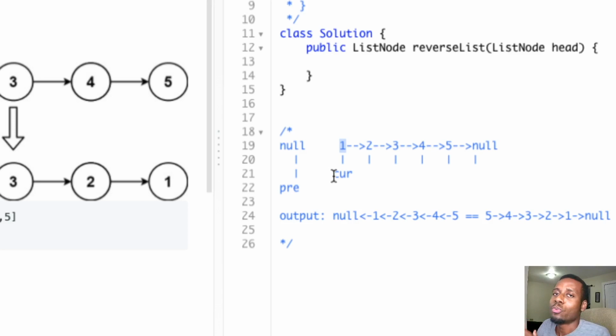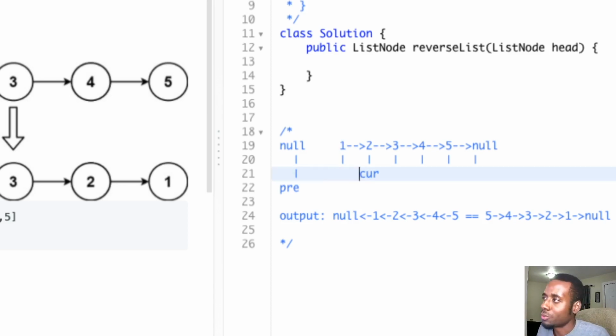So the trick is, in a linked list, once you move forward, we can't go backward. It's a singly linked list, not a doubly linked list, which would be easier. But this is a singly linked list, so we can only go forward. So the dilemma that we would face is